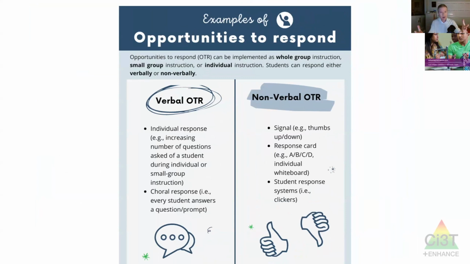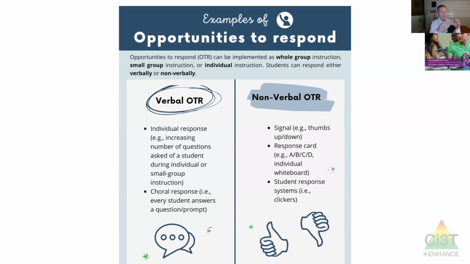And I've got some signal to the class to tell them, this is a core response. I want everybody to say it back. And this is something I've taught explicitly, so they know. So the Golden Gate Bridge opened in 1937. What year? 1937. Great. What year? I might even do it twice, just to get it in their memory a couple extra times. And I could go on with my list of questions that I've prepared. So that'd be verbal, whole class, choral responding. And occasionally I might call on an individual student just to mix it up.